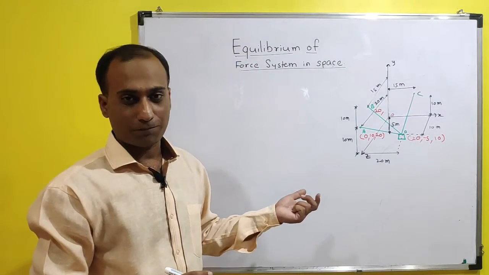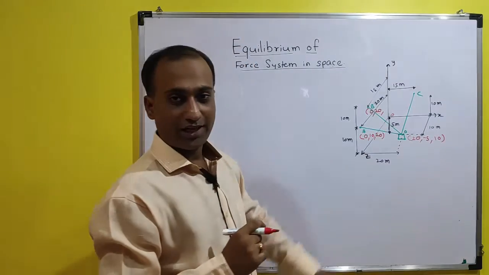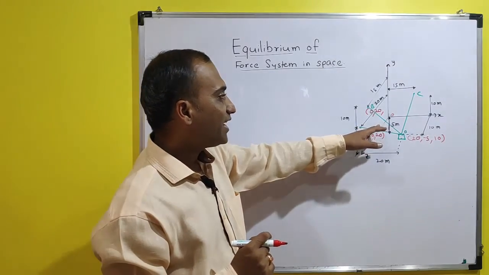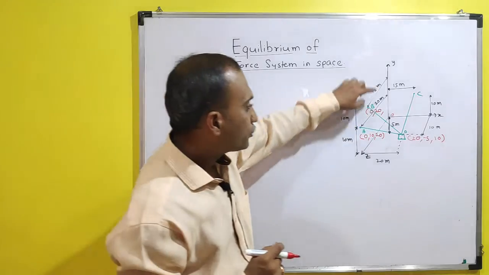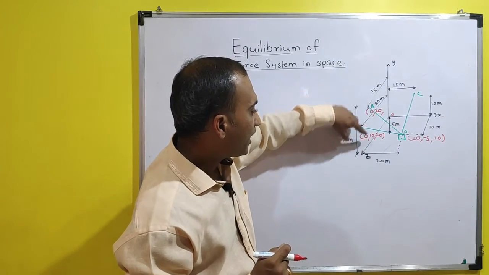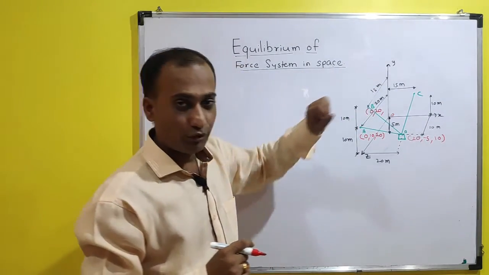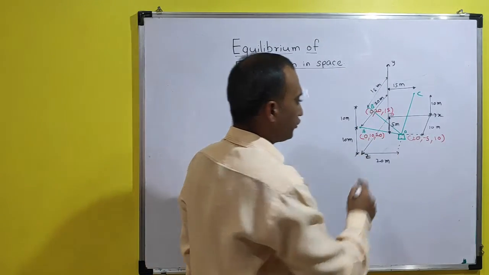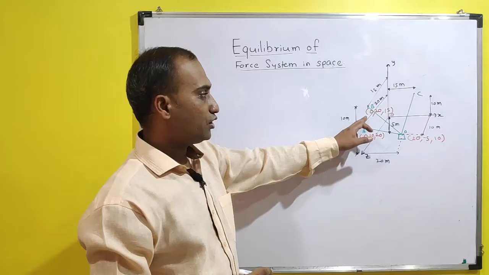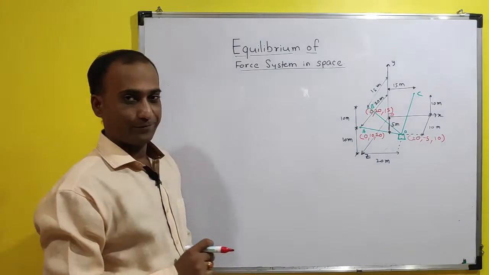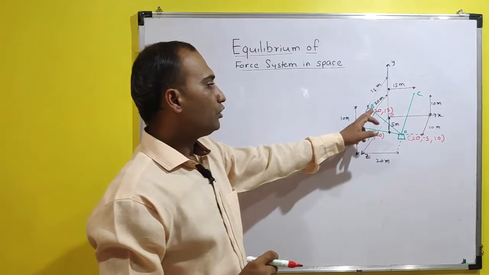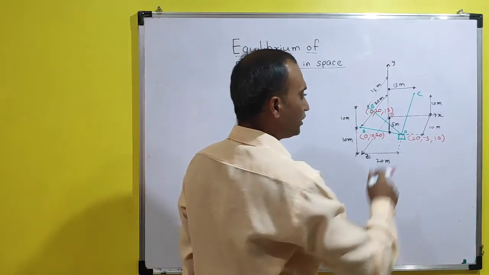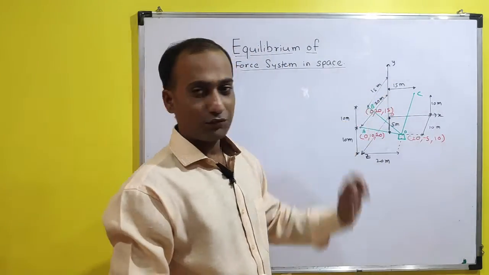It will be 0, of course. 0 and 20 are the coordinates. Now the Z coordinate: again, the line parallel to the Z axis relates to only point B. So this is the 15 meter, which is parallel to the Z axis and relates to point B. So the Z coordinate will be 15. So the coordinates for B will be 0, 20 and 15.